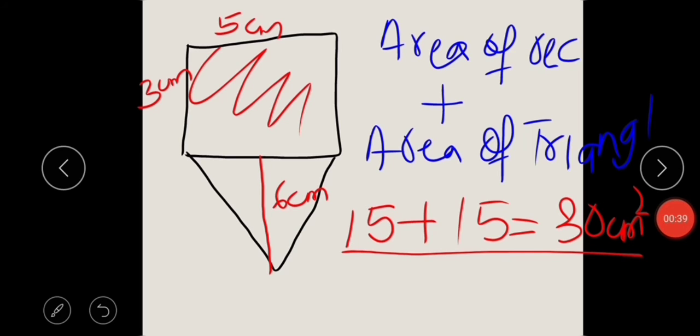This was just a revision about whatever we have done earlier. So now let's go towards a different link and just have a look at what basically the parallelogram shape is. Now we're going to explore what a parallelogram is and how it was formed and how we can calculate the area of a parallelogram. So let's zoom in.